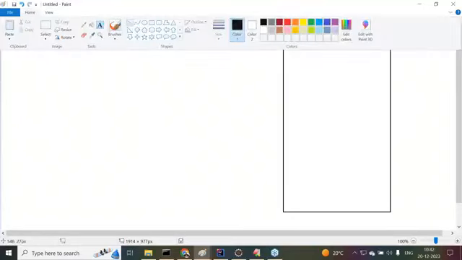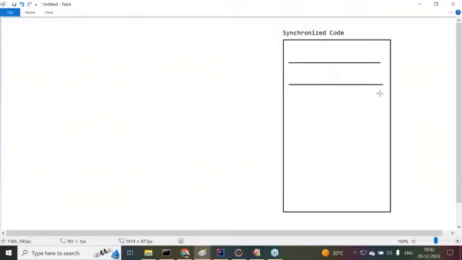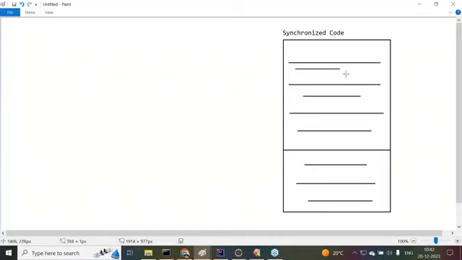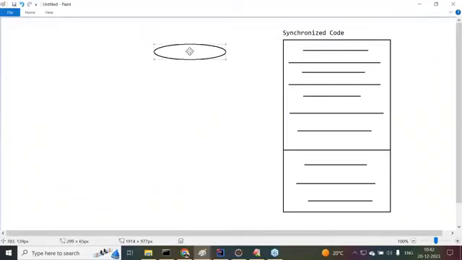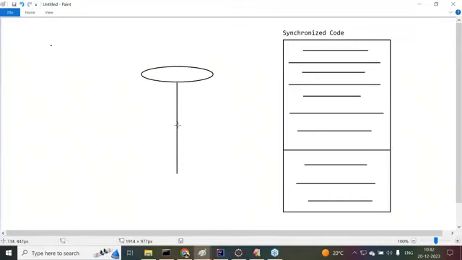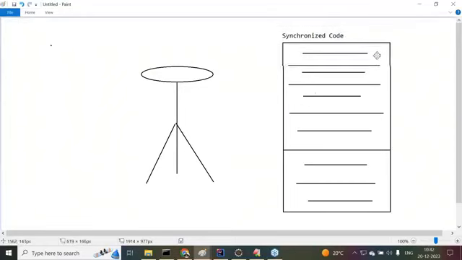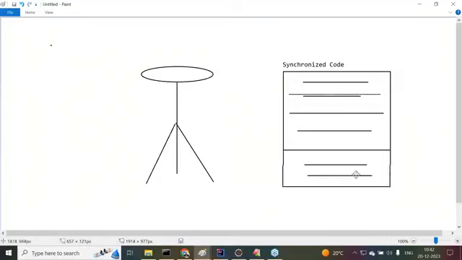Here 100 lines of code are available. Now, for the locking mechanism, a lock manager exists here to control the total locking mechanism. That manager is the lock manager.